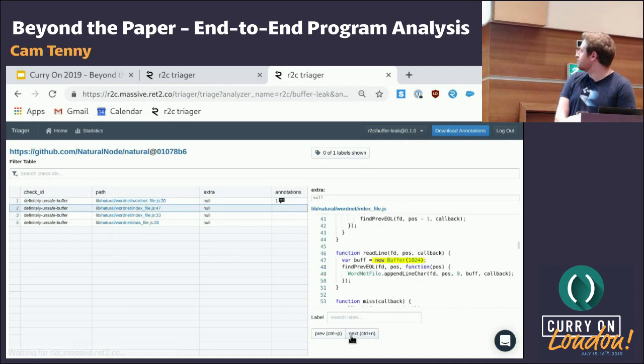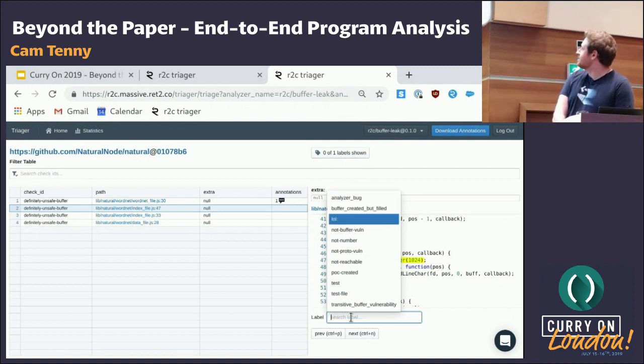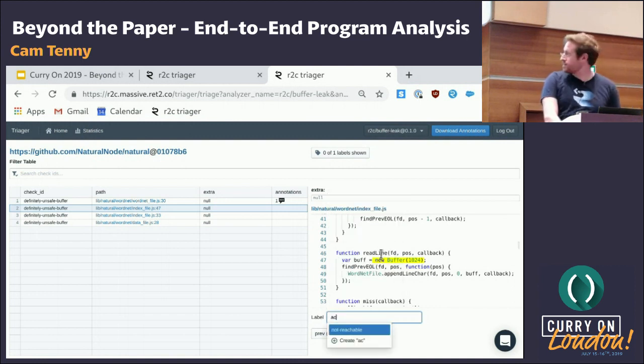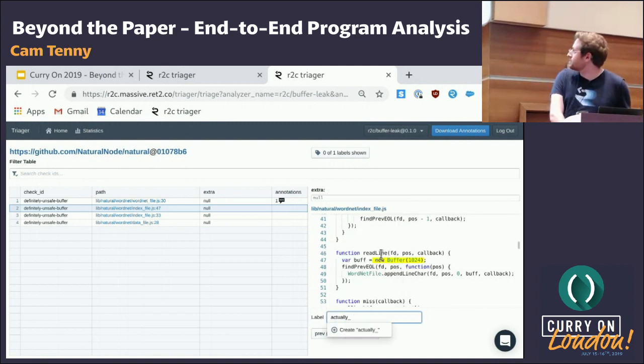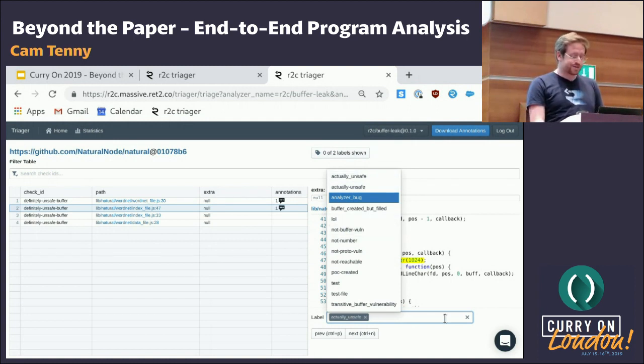So we can move on. That one looks, oh dear, that one also looks funny. Wow, well, I struck gold because I chose this project at random, and the rehearsal did not go this well. So what did I call it? Actually, and you can see that our label database is slow to update for search. We're still a startup, work in progress, so let's call it actually unsafe again. Oh dear, dash versus underscore. Well, some minor engineering improvements aside,